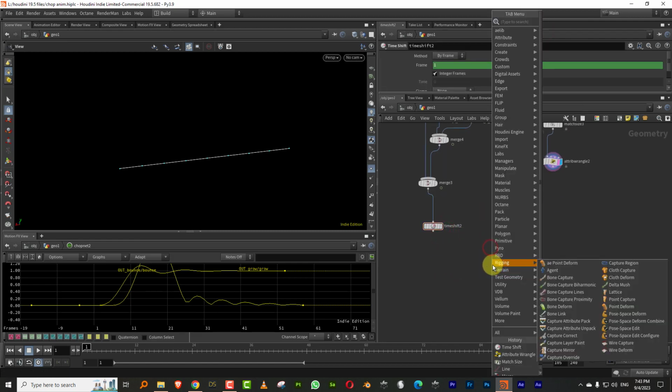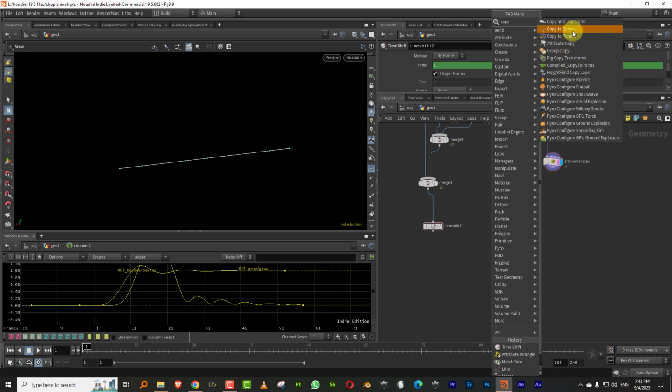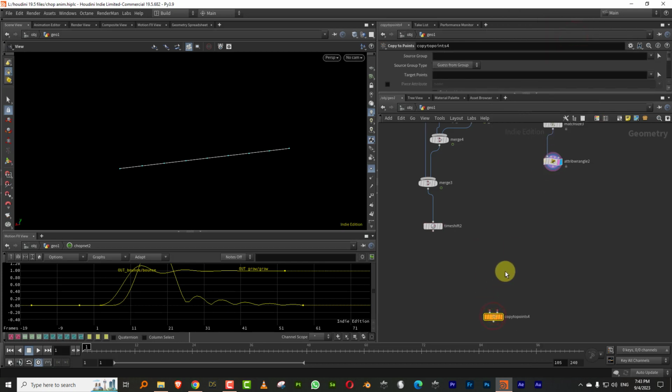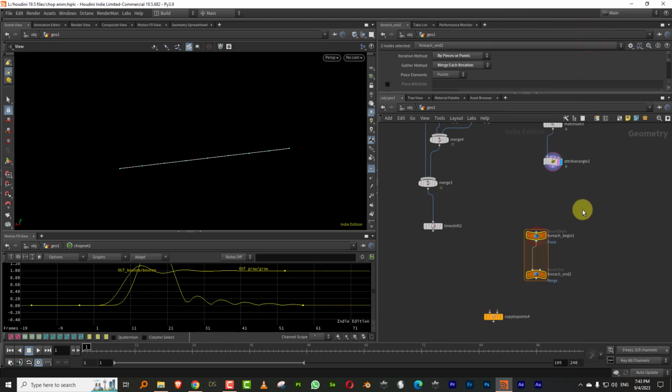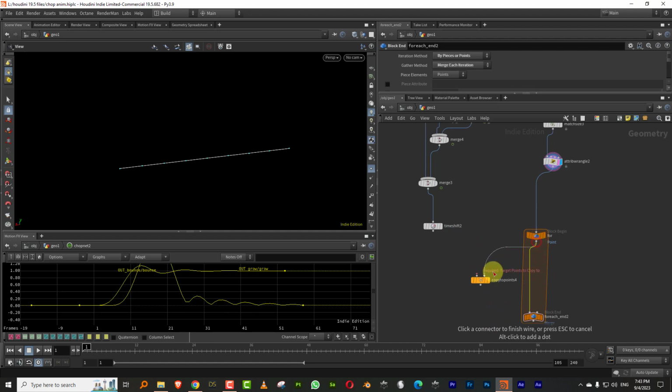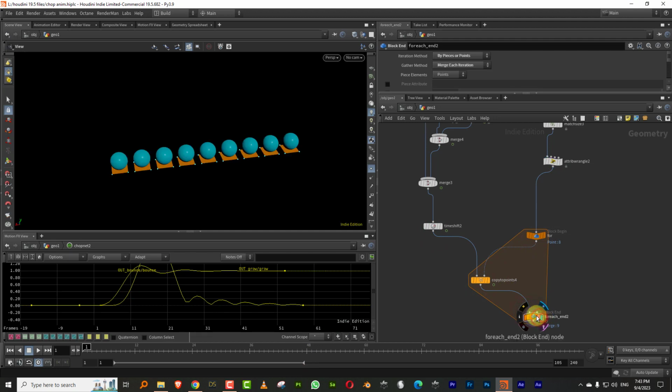And I'm going to copy this. We'll do copy to points. And we'll need a for each. So just take a for each point. Let's just shorten this name to for. Yeah, and we'll plug this in over here. And this comes in here, the points, that goes in there. And this comes in here. So we have these. Okay, so what we get is,